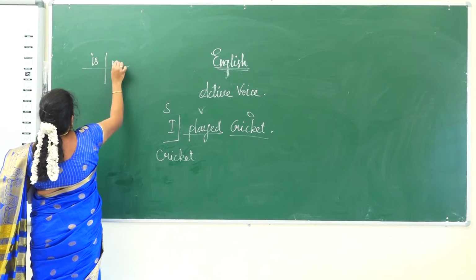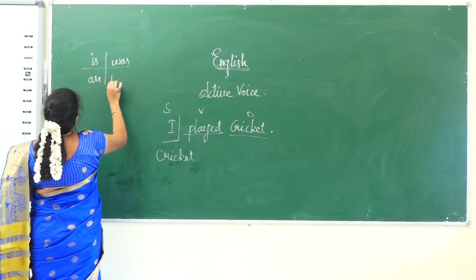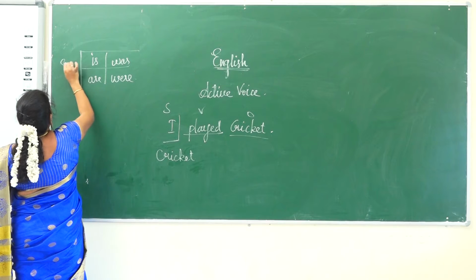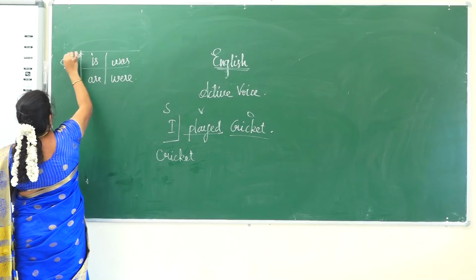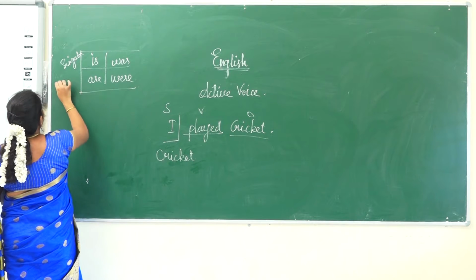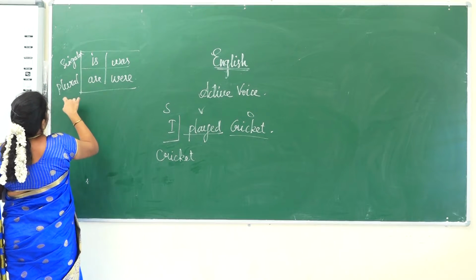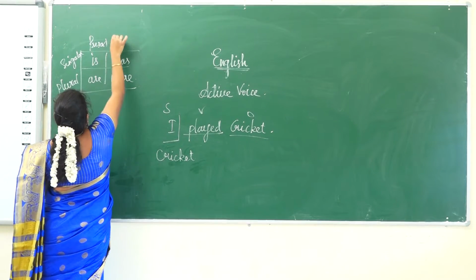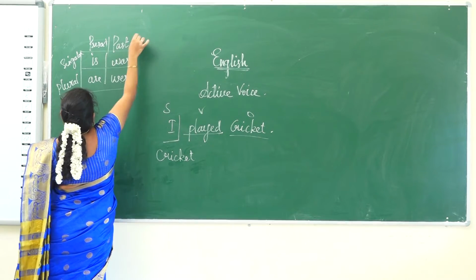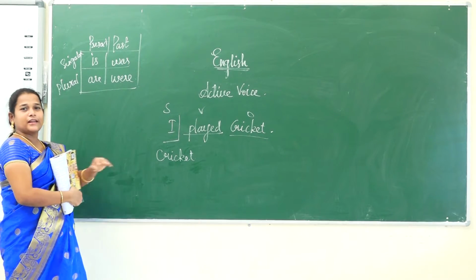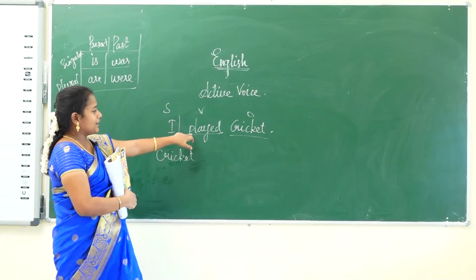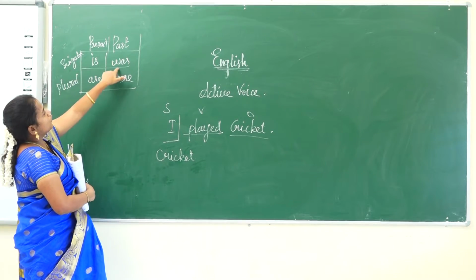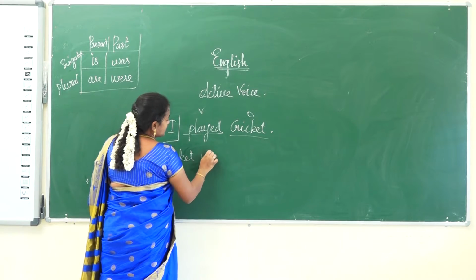So, is, was, are, were. Is and was are singular verbs. Are and were are plural verbs. Okay. Is and are are present tense. Was and were are past tense. Okay. By knowing these four verbs, only then can we apply them here. The cricket is singular and the verb is past. So, which is singular past tense? We have to check singular past, so was. So cricket was.